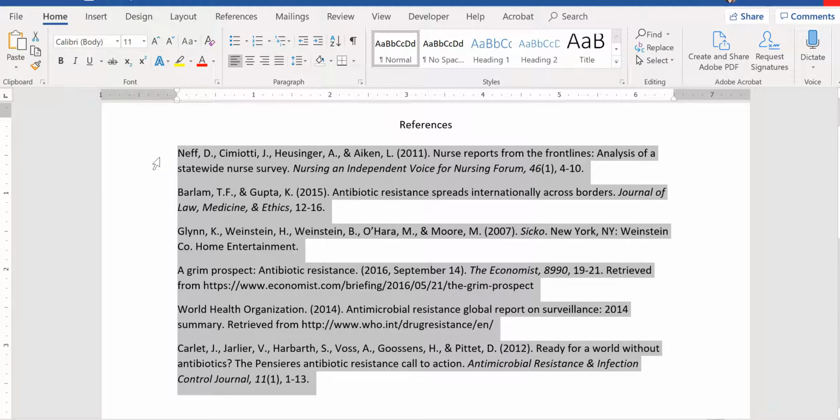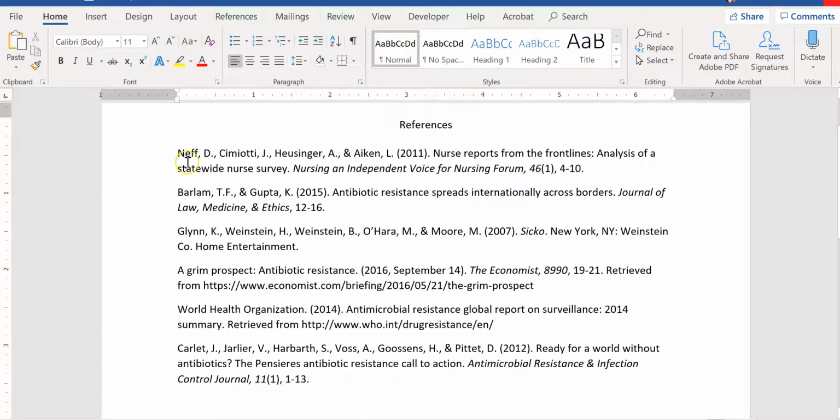So an APA reference page needs to have the references in alphabetical order. So actually any numbers that you have as the beginning of a title, for example, would come first, and then it would be A through Z. And typically that would be the author's last name, although sometimes if it's a title, it would be the first letter or first word of a title. And the easy way to put these in alphabetical order rather than copying and pasting them around, which can lead to errors, putting stuff in the wrong spot or accidentally cutting off some of the wording,